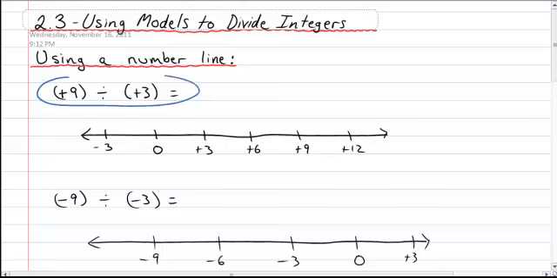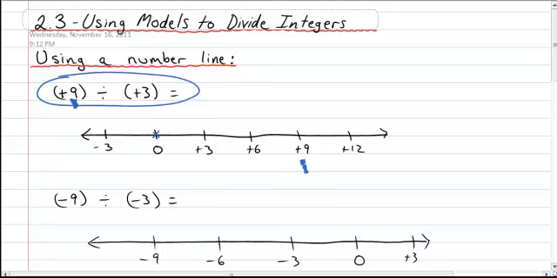divided by positive 3, what we want to do is when we look at the first number in our question, that is where we actually want to get to on our number line. So positive 9 is where we want to end up. And we're going to start at 0. And what we're going to do is we're taking